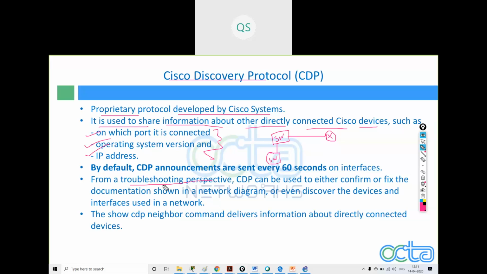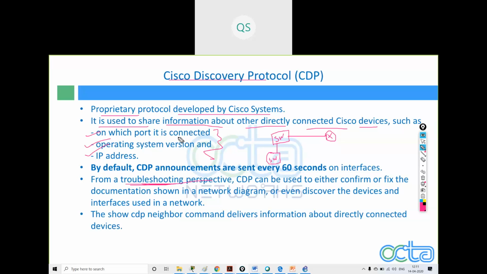Whenever you are troubleshooting anything, suppose the versions of two switches are different. Sometimes it happens that when the software version or operating version of two switches are different, they do not communicate with each other.